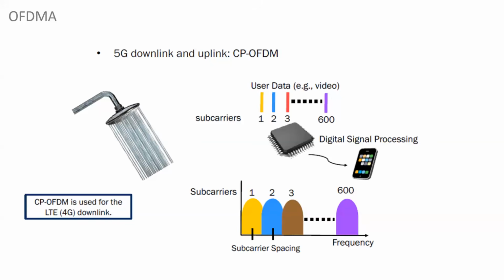So I know you must have seen this figure many times before. This figure always helped me to explain OFDMA. If you think that a large amount of Gbps data is coming, and we divide that data from serial to parallel, then we get these small water showers, you can say very low data rates.